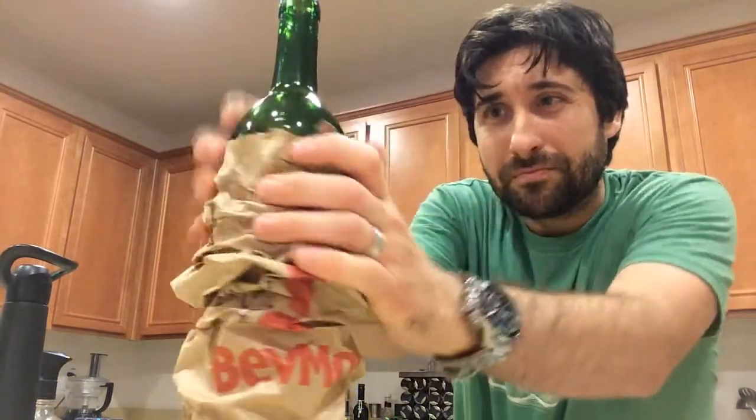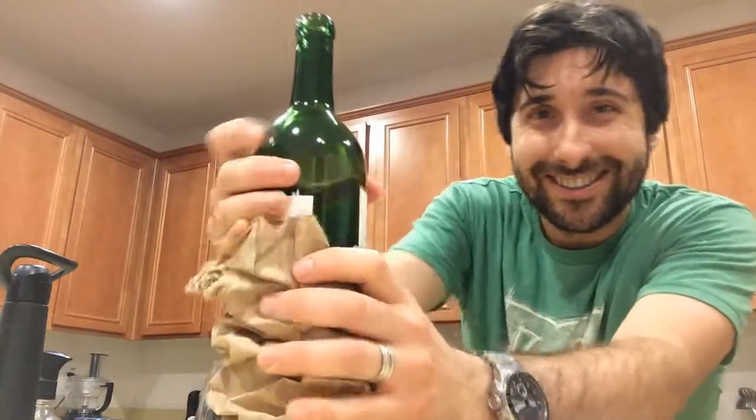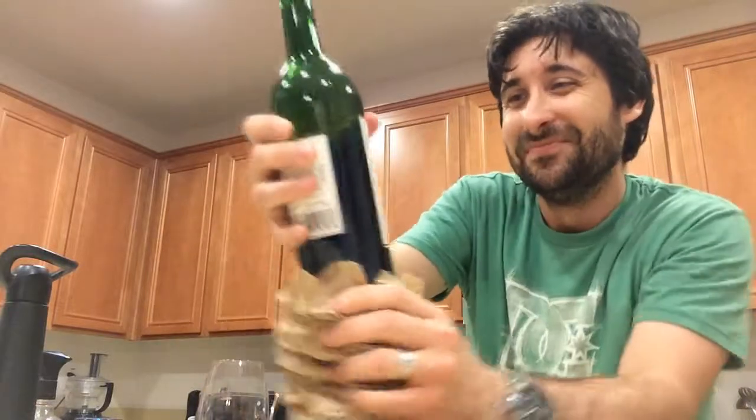Green bottle. White label. Oh my goodness. Remember I said Bordeaux? Okay, so there we go. It's a Bordeaux grape, but so is Carmenere and so is Malbec. I said it was New World. I was right with that. But we are looking at a Washingtonian wine here, and this is something that's probably available everywhere. This is the Chateau Saint Michelle